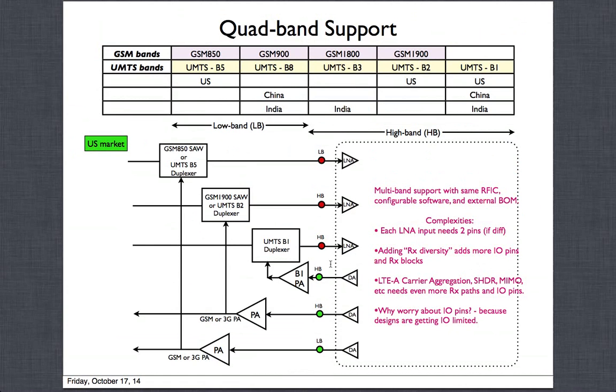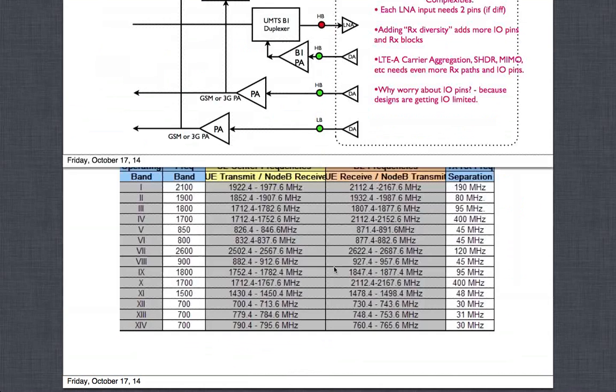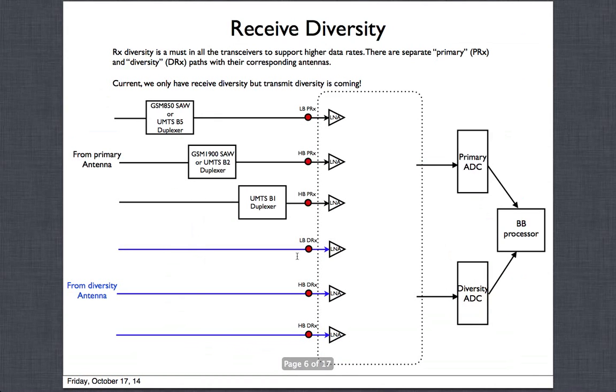But what we have done is add some extra diversity elements. Those diversity paths do not have any TX associated with them. This is only receive diversity, which is what most of the chips have, where we are trying to increase the data rate of reception. The transmit part has remained the same. Those transmit paths hook up to these duplexers because they have the potential to corrupt the primary paths. That's why you're using them. But in diversity, since we don't have any transmitter feeding into these lines, we also don't need these duplexers.